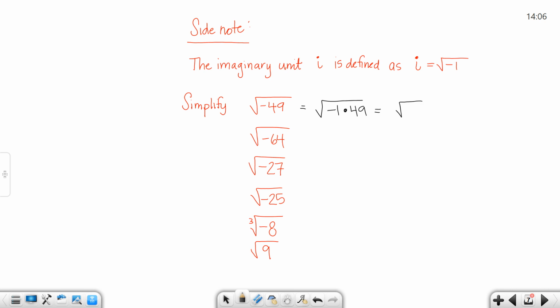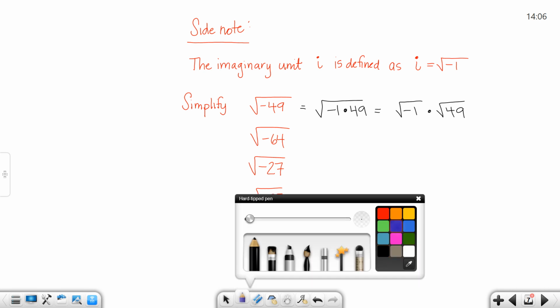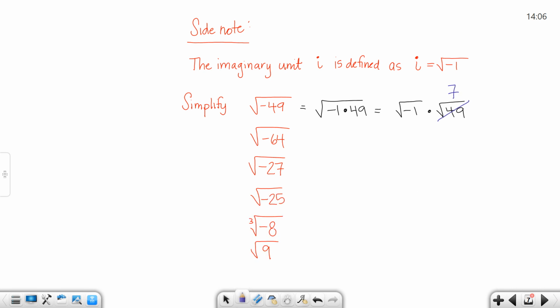So if you simplify that, you'd have the square root of negative 1 and the square root of 49. Well, I know that the square root of 49 is 7. I also know now that the square root of negative 1 is i. So this answer here would be 7i. Now you do not have to work it that way at all, but I just wanted to show you where